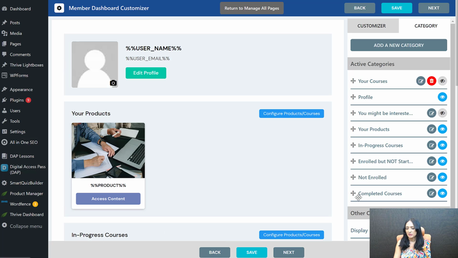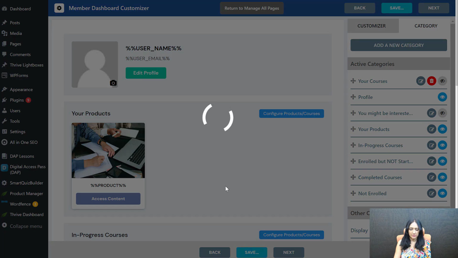This is useful. And now if you want to rearrange, say you want to show completed courses first, you can just drag it like this as well. Like this. And not enrolled at the end. One more thing you can do here is